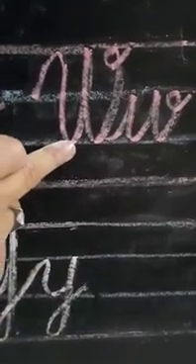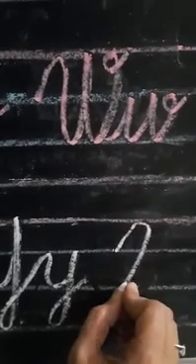Okay, अब बेटा joining Y के बाद क्या आता है? It comes joining Z. और joining Z हमें कहाँ लिखना है? किसके नीचे? Under joining W. Here we will write joining Z. Okay, तो joining Z हमें first blue line से start करना है. Go up with a slanting line, take a turn, come down till second blue line, again make a curve, take a turn, go up and cut on the line. और इसी line से हम small Z बनाएंगे. Okay, and cut on the line. What is this? This is joining Z.